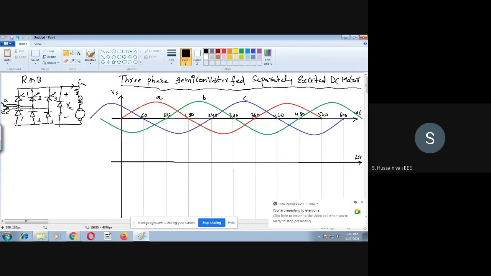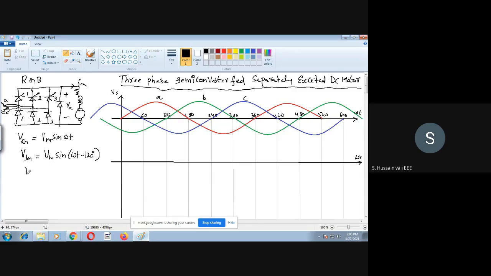So what are the voltages here? I will write here VAN. The phase voltage of phase A is VM sin omega t. VBN is equal to VM sin(omega t minus 120). VCN is equal to VM sin(omega t plus 120). So what you need to understand here is that